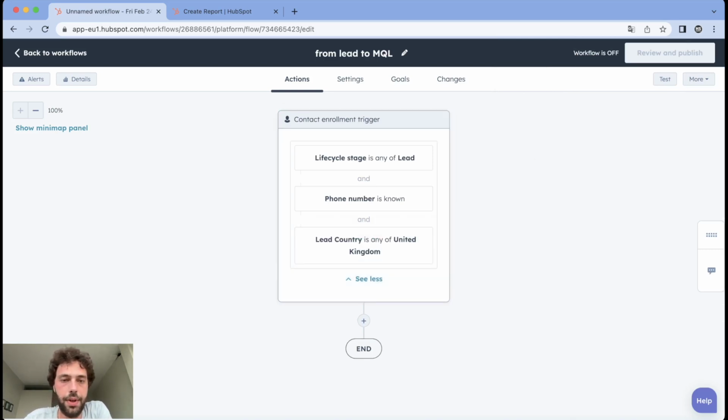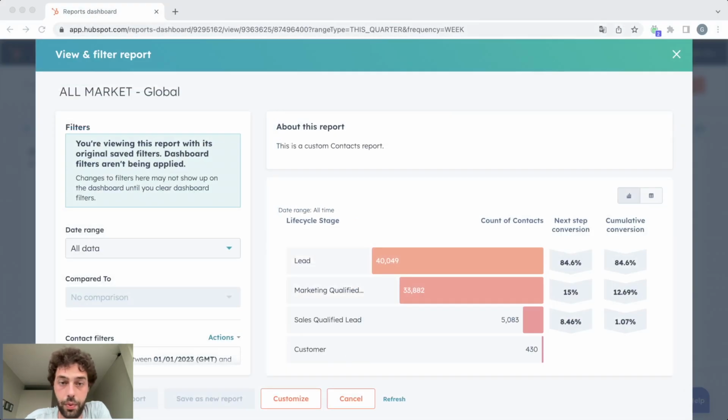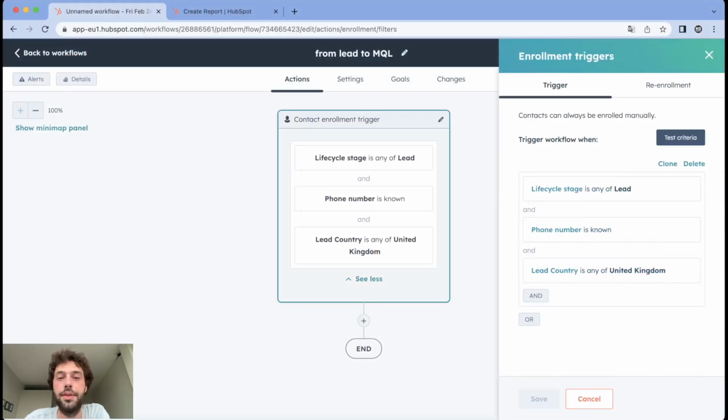But in order to have this kind of result, we need the lead to go through every single step, because if you go from lead to SQL without going through the MQL part, it will basically get out of this funnel, and it will make your reporting not precise and not clean. So to make sure every lead goes through all the steps, we will add the from MQL to customer